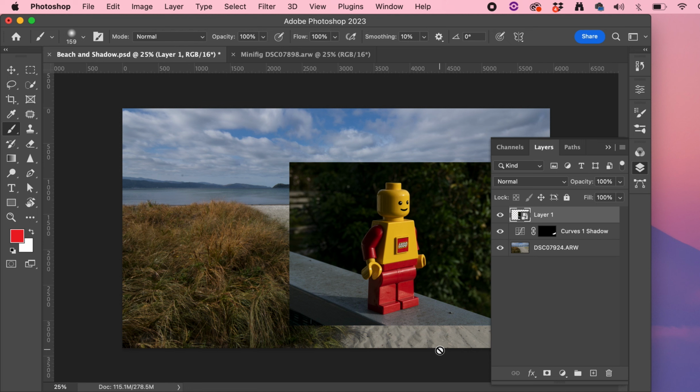And Hannah, I'm just walking you through how to create a mask. I've got the beach scene open and I've got the minifig in place, and you'll see, looking at the layers palette, the beach scene in the background with its curves adjustment layer which creates the shadow. And I've got the minifig on its own layer, and it's indicated as a smart object with this little icon